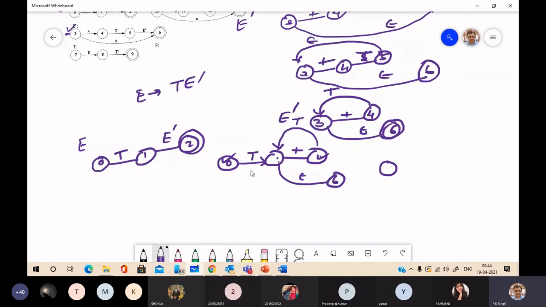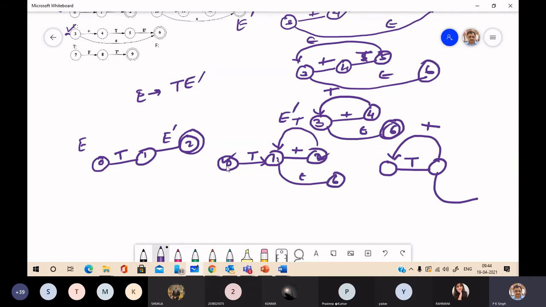So outgoing T, T, and back plus, and from here this state you can have the numbering 0, 1, 2, and you keep 6.